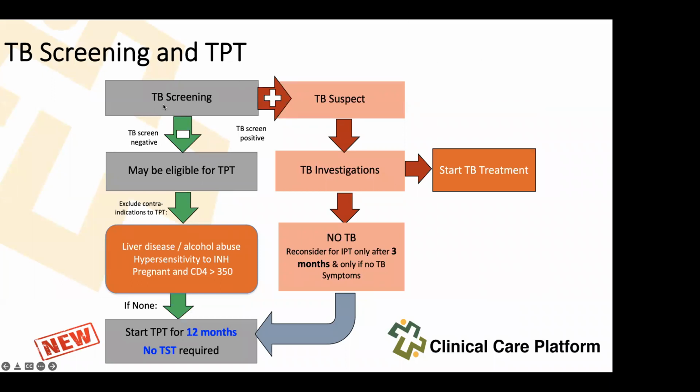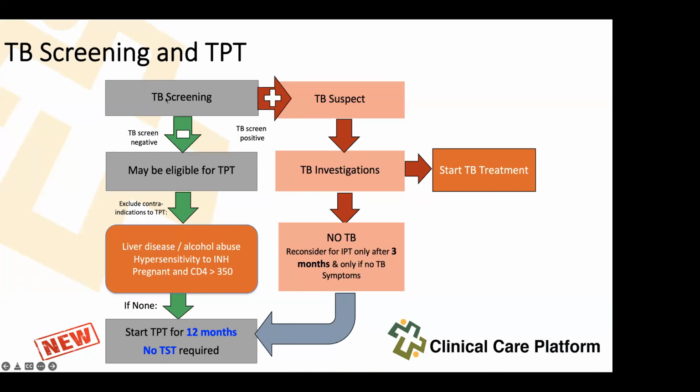A woman comes in, we screen her for TB symptoms. If she does have symptoms, she's a TB suspect or she's got presumptive TB, we then investigate. If she's got TB, we start her on TB treatment. If TB is not confirmed, we are not going to rush to provide TB preventative treatment. We have a 3 months waiting period. And then if after 3 months we screen her and she has no contraindications to INH, we can offer her